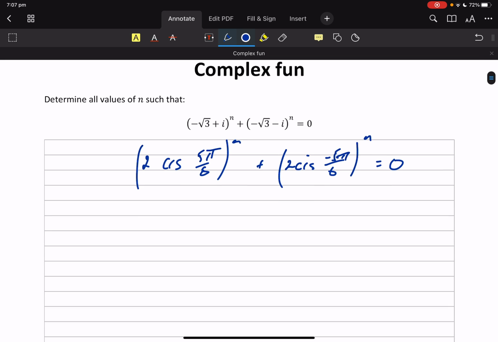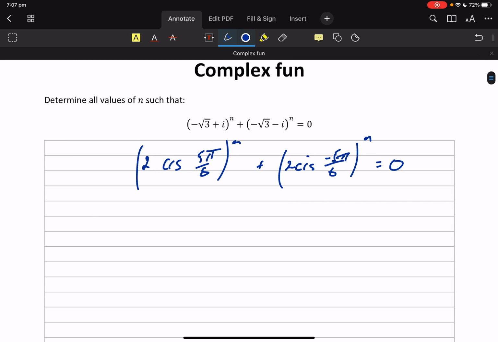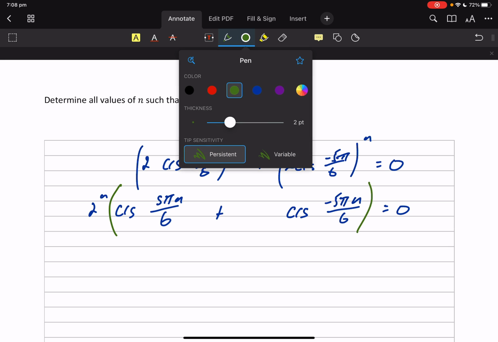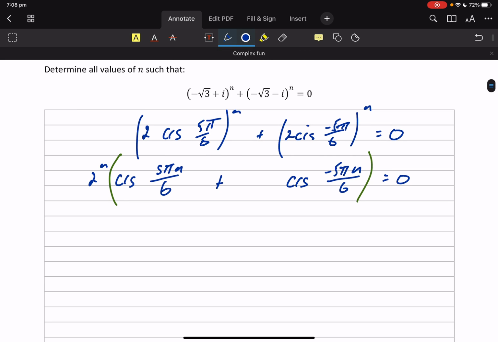We're going to use de Moivre here. So 2 to the n cis 5 pi n on 6 plus 2 to the n cis minus 5 pi n on 6. Let us factor out that 2 to the n because we want to apply the null factor law. I'm just going to do that in a different colour. And clearly that 2 to the n can't be 0, so we're only left with